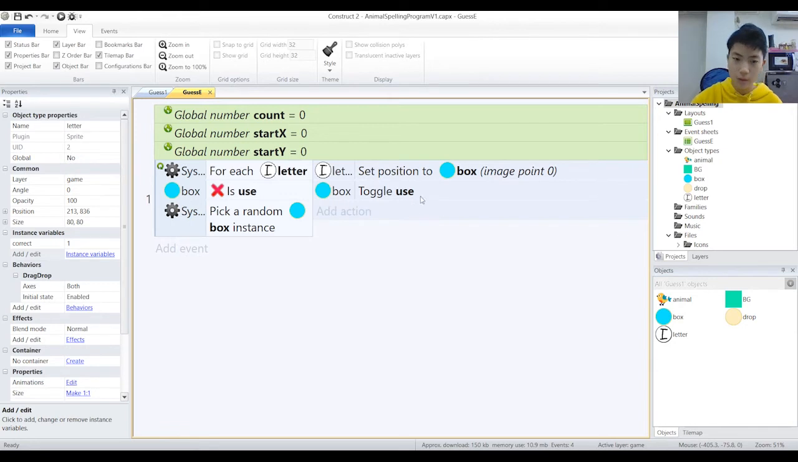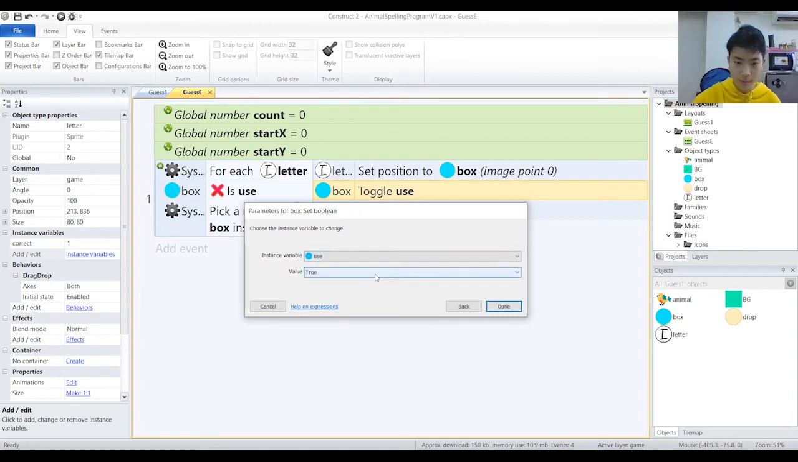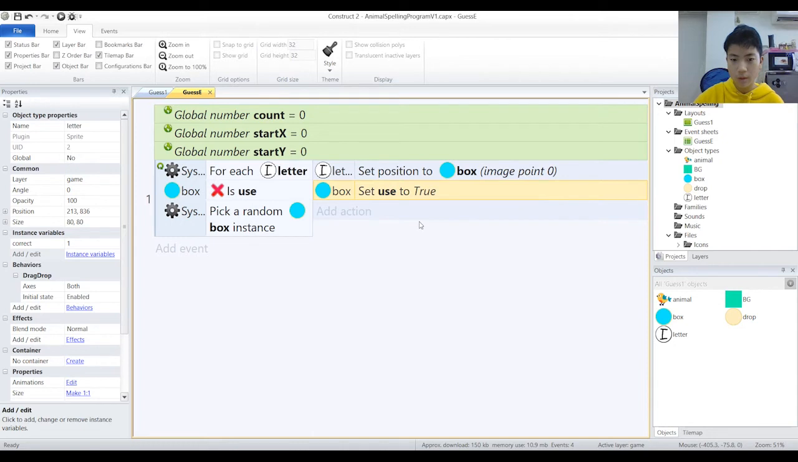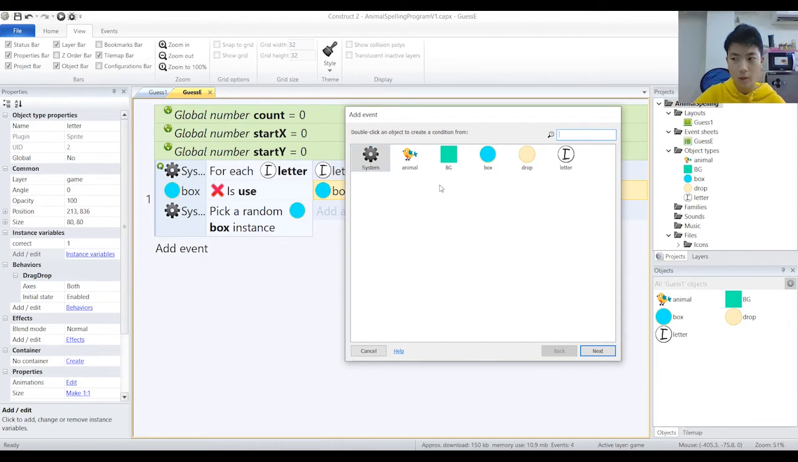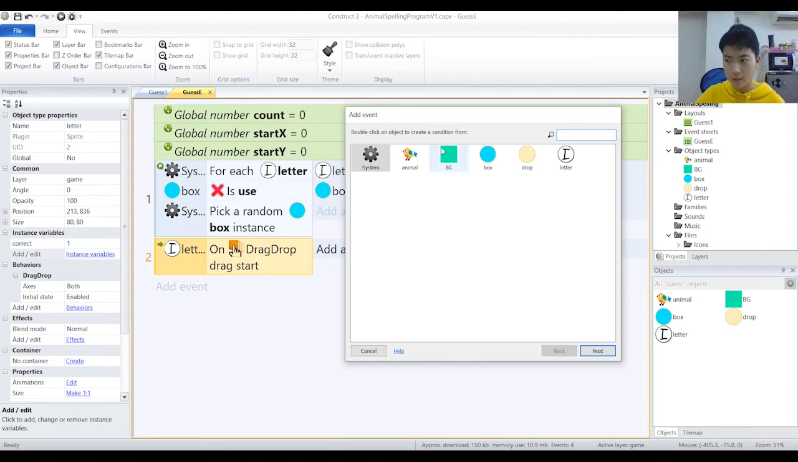Toggle use, or no, wait, this is the wrong one. Set boolean, sorry, it's set boolean value equals to true, like so. Set use to true. Perfect. And now we should have on drag drop. So letter on drag drop, on drag start, I can say on drag start. And then what we want to do is set